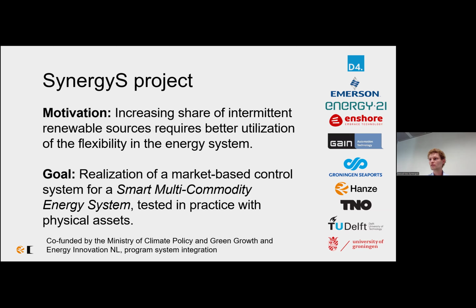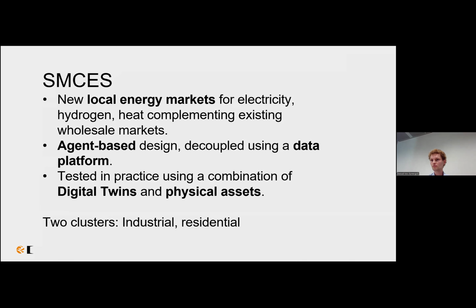As you can see on the right of this slide, the consortium for this project was quite diverse. Probably not all of them are familiar for our European partners in this call, but we have a nice combination in this project of industrial partners who are working on automation or on settlement, financial services, energy market support all the way to applied universities like ours in Delft and Groningen. So we had a strong consortium there with very different backgrounds.